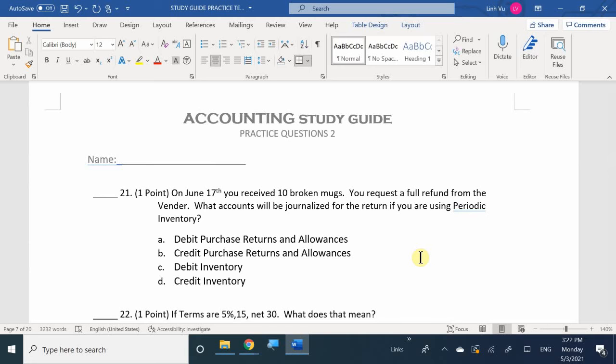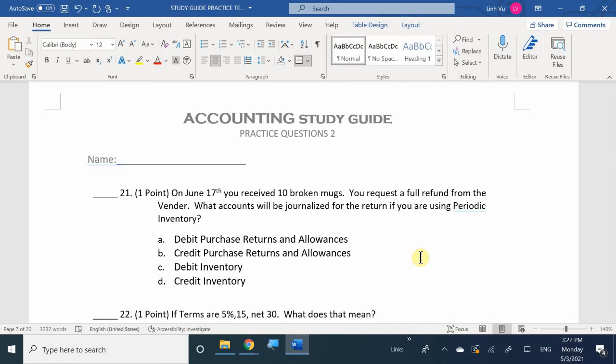Directly into inventory. Okay, so that's something that you need to make a note. So remember, read the questions carefully. I will not have the questions in order. Okay, they're gonna be out of order. So I could be testing you on chapter 7, chapter 8, or even chapter 2 and then chapter 3. So make sure that you pay attention and know exactly what the question is asking you, because right here, even